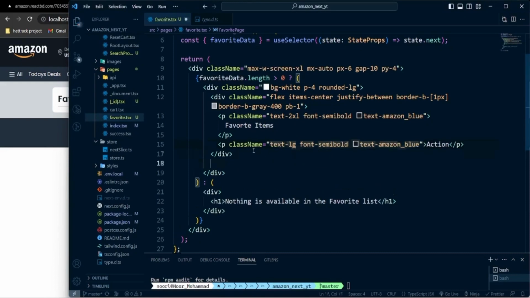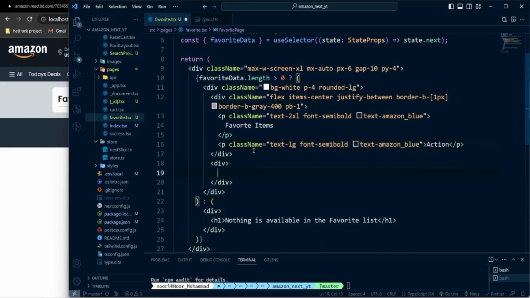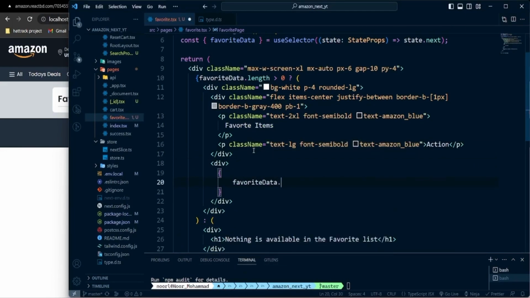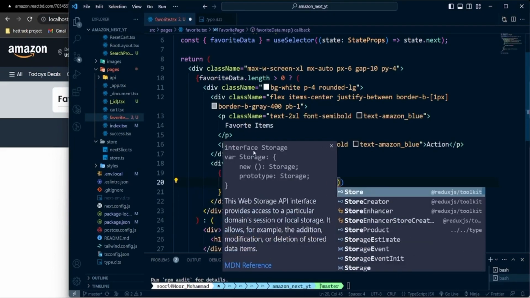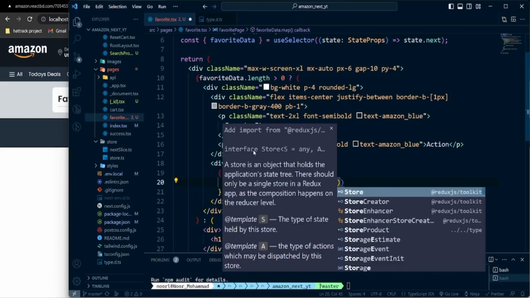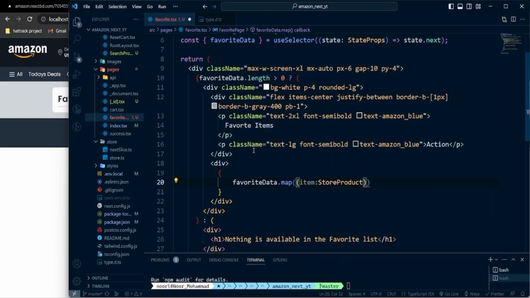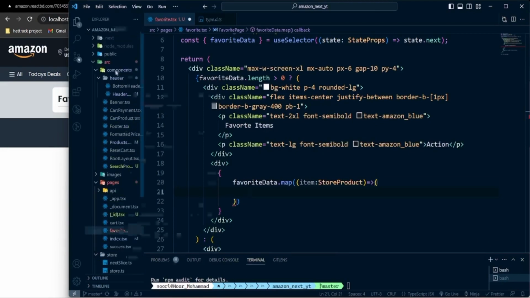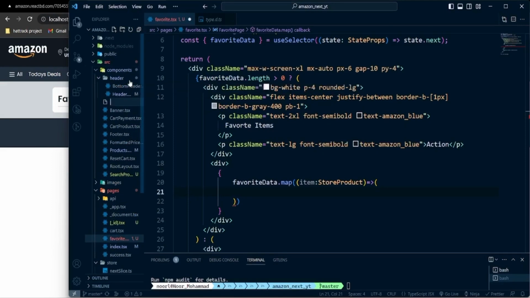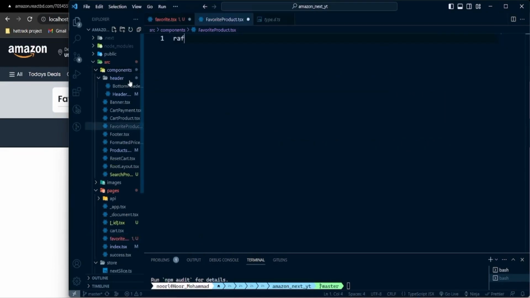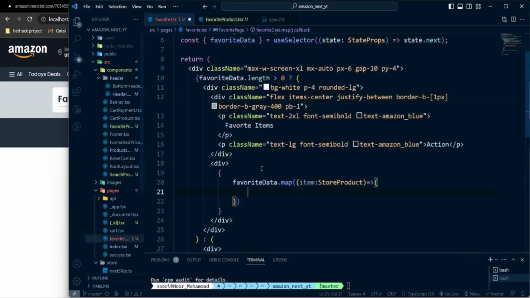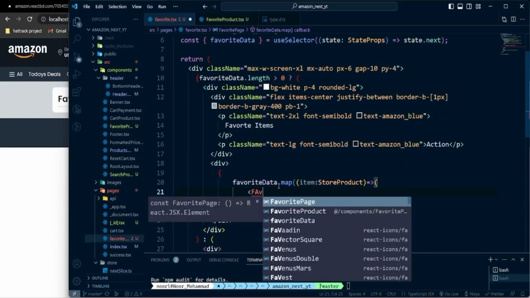So now after below that div, we're gonna type another div, and inside that div, we're gonna just make a favorite data dot map, and inside we're gonna pass that item, and that item we're gonna pass that like that store or product as the type definition for that, and we're gonna return something. So what we're gonna return, we're gonna return a component which will be returned as favorite product.tsx rafce. Let's hit save,